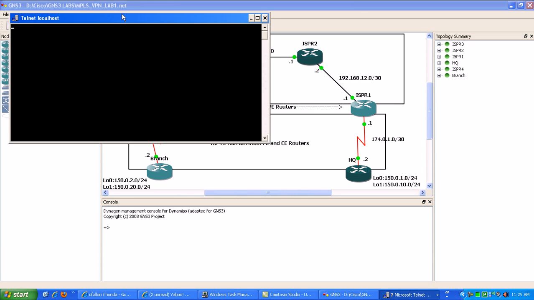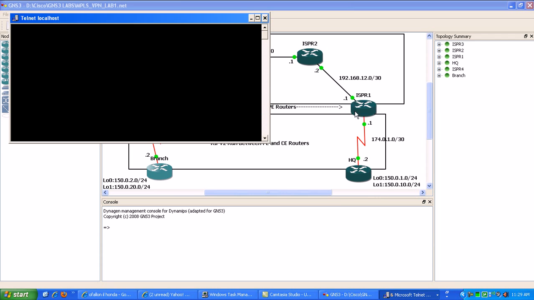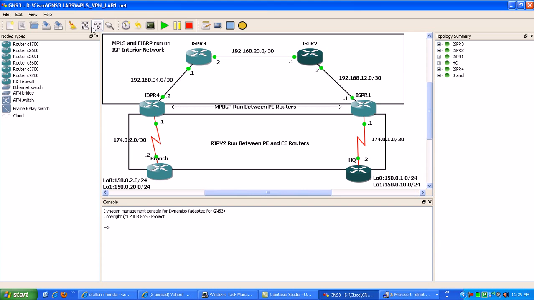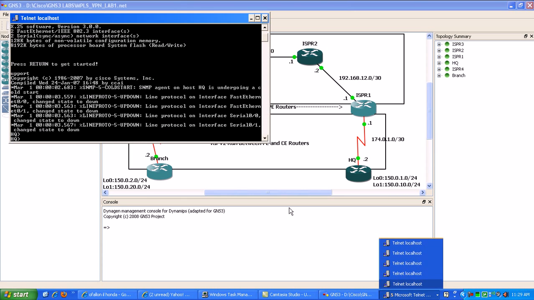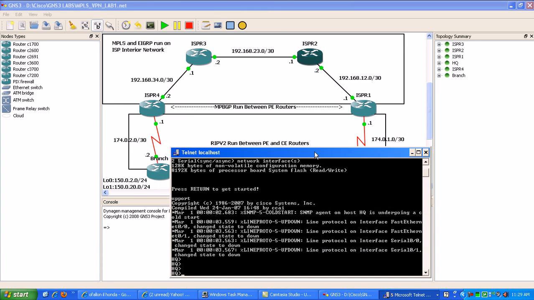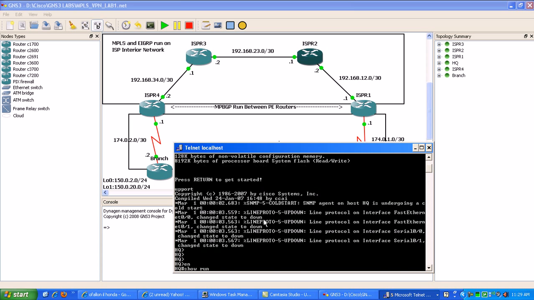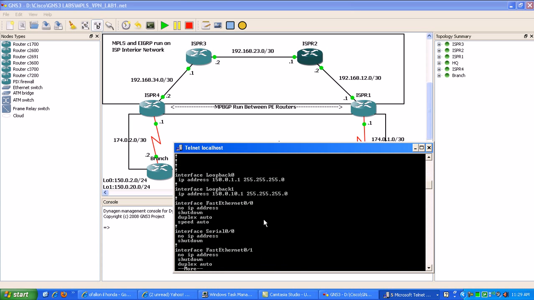So I'm going to go ahead onto the headquarters router first, and it looks like I already have the terminal up here. For the headquarters router, what I've done already is I've already implemented